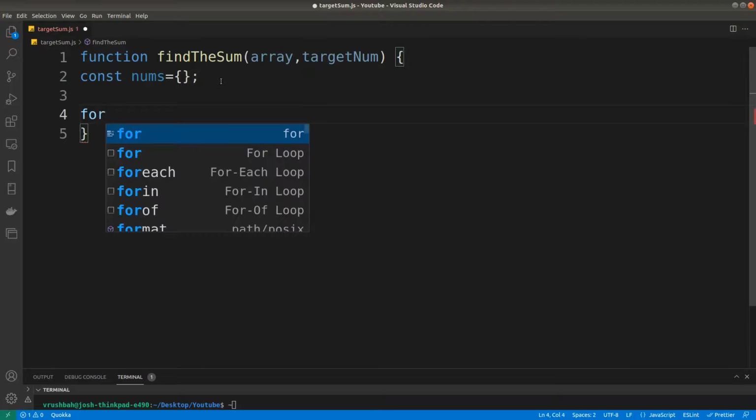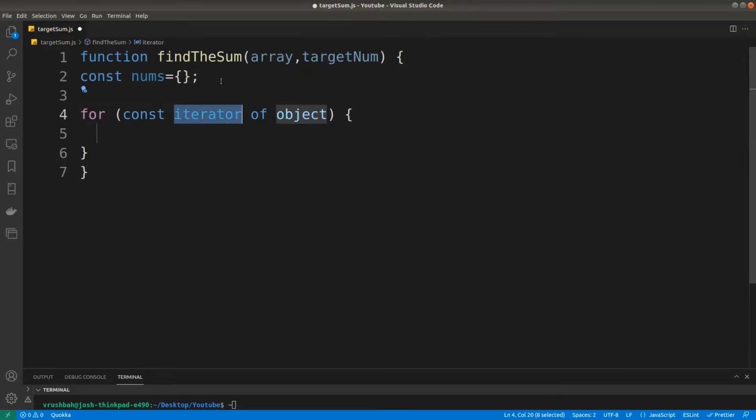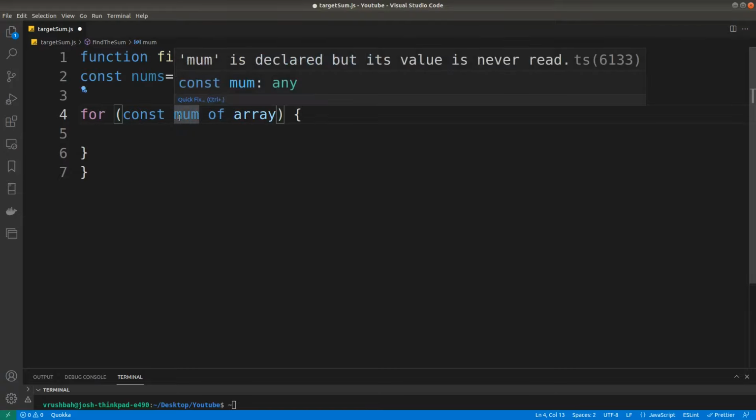We are going to use the for...of loop provided by ES6. So we'll get num from the array itself.